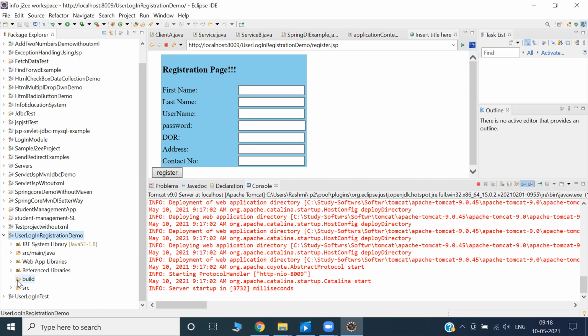Whether I'm inserting the data in the same servlet class, or I am taking the help of another class, and that other class is responsible for doing all this insertion operation. We'll check quickly.